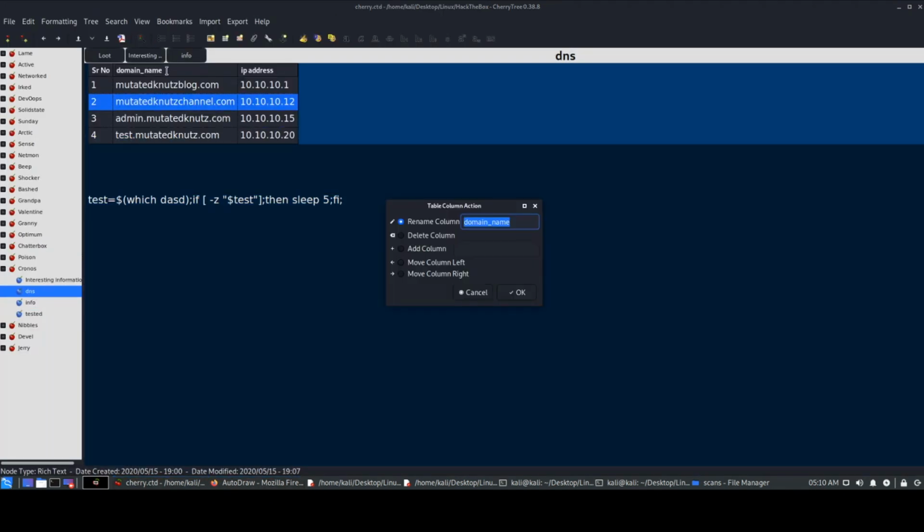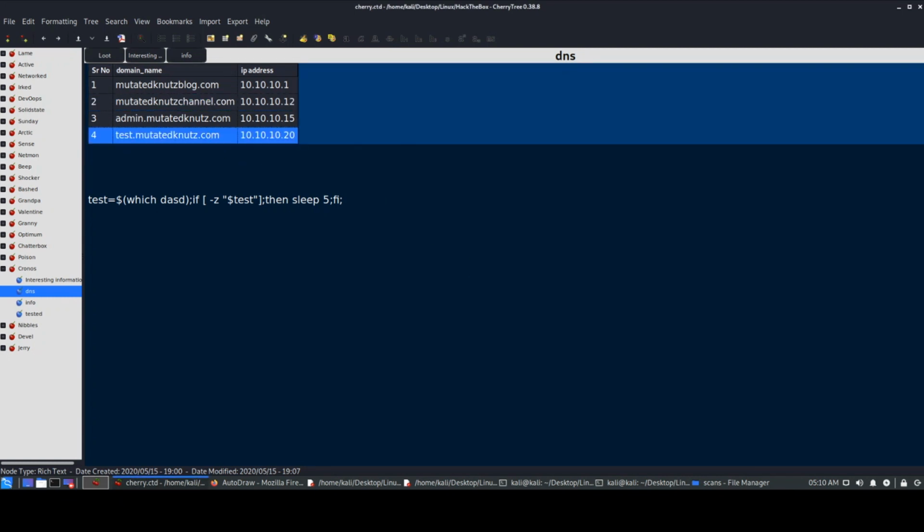It will have entries. It will be like, what's the domain name and the IP address over here. So it will have something like this: mutated nuts blog, channel, admin. These all are dummy sites, okay? Dummy domains and dummy IP addresses. I've just entered internal IP addresses over here. So the domain name will be found. So now if I enter probably